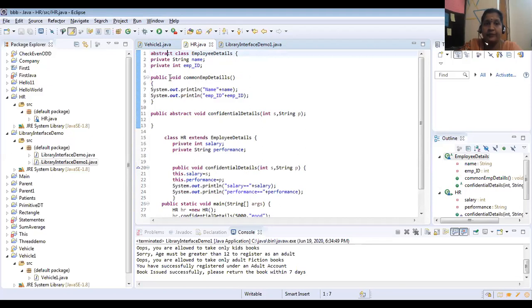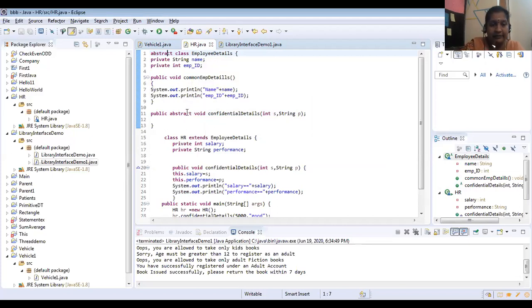I have written System.out.println as the implementation of this method, because it is a non-abstract method. I am just printing the name and employee ID. So this is the non-abstract method present in my abstract class EmployeeDetails.